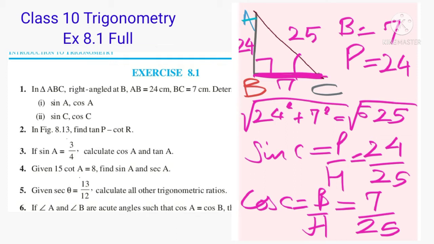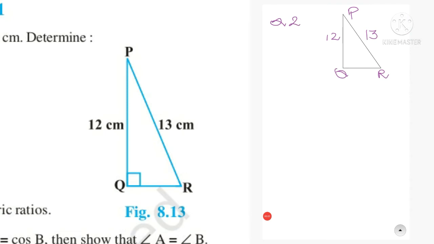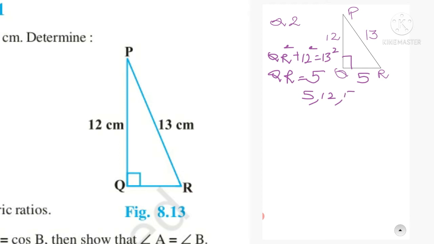So I hope you are clear about this question. Let's go to question number 2. For question number 2, we are given triangle PQR right angled at Q. We need to find out QR. PQ and PR are given in centimeters, so no need to use the K factor. To find QR, I have QR square plus 12 square is equal to 13 square. So you can just calculate QR as square root of 169 minus 144, that is square root of 25, and it comes out to be 5. Otherwise also you should know the Pythagorean triplet of 5, 12 and 13.